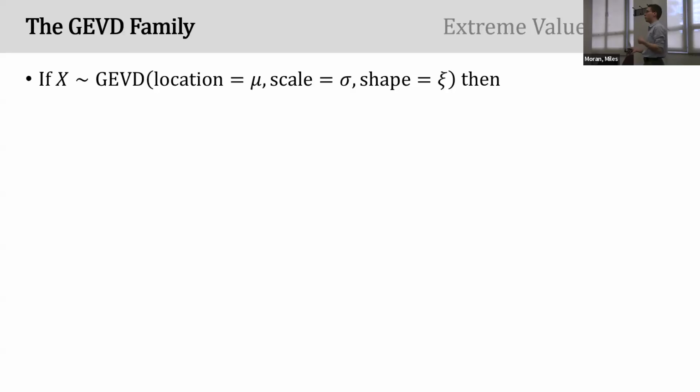So natural question is, what is a GEVD, right? How does that actually look on paper? So taking a step back and talking about just a single random variable for a moment, the GEVD family, it's